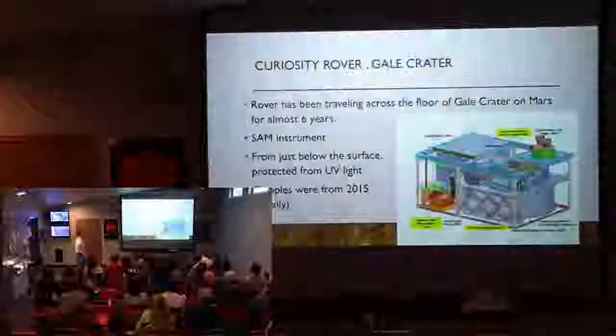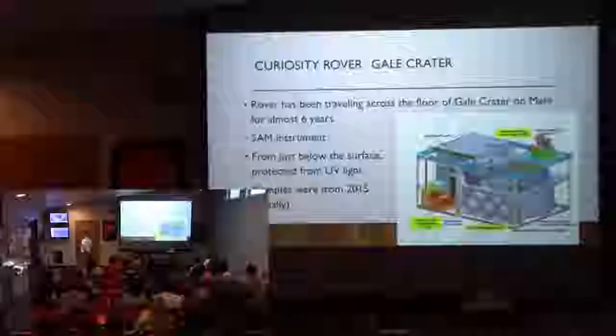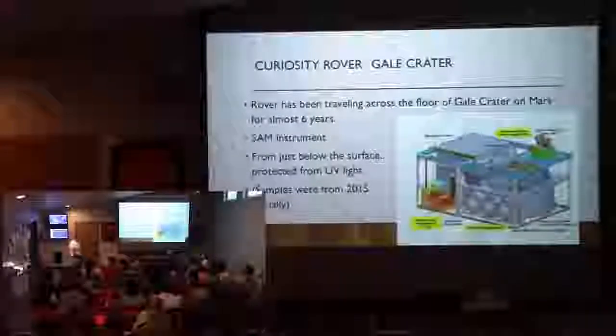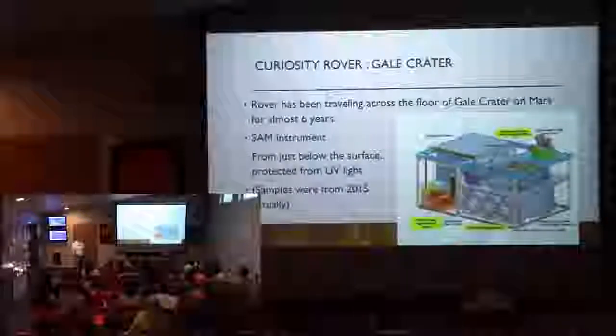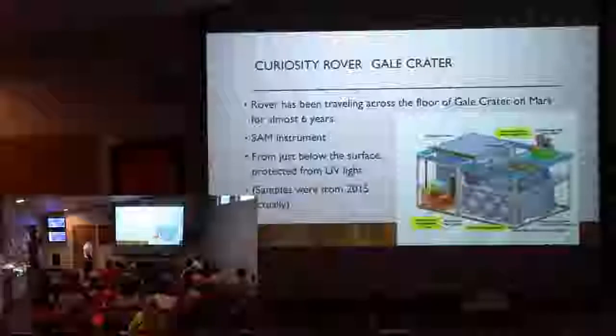It is in Gale Crater. We'll take a look at Gale Crater in just a moment. But it's been roving around, taking measurements of the air and the environment, the soil, the rock, for about 6 years now. One of the instruments, and the one that made one of these discoveries, is this contraption here called